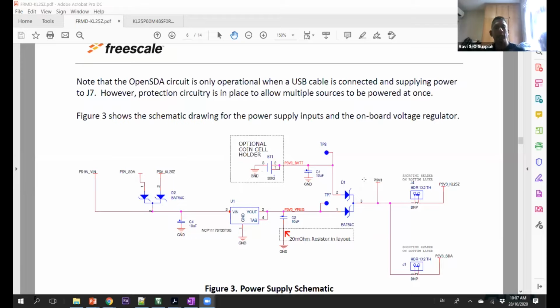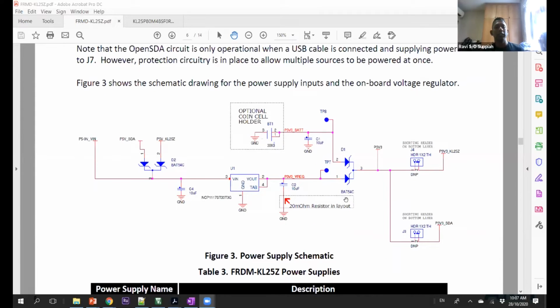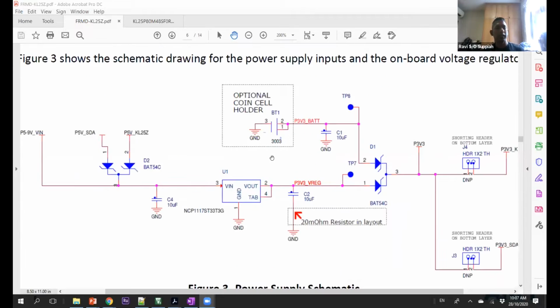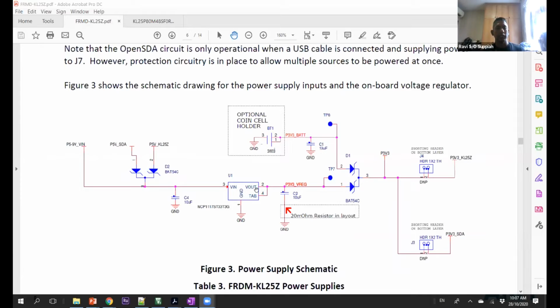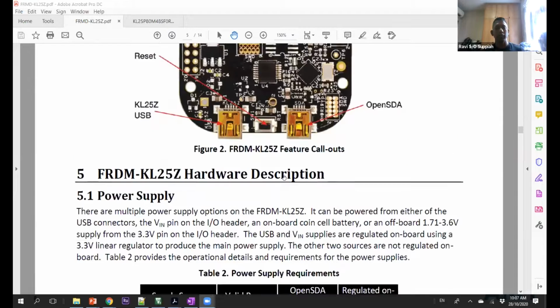If you look in your data sheet, let me share the screen. If you look at your KL25Z data sheet, you will see that both of them, the P5V SDA and P5V KL25Z, go into your regulator, which will then give me the 3.3 volt that my microcontroller needs. If you scroll up here in terms of description,